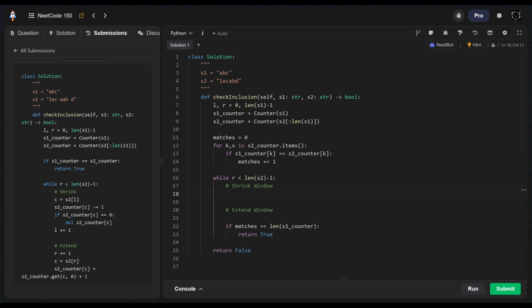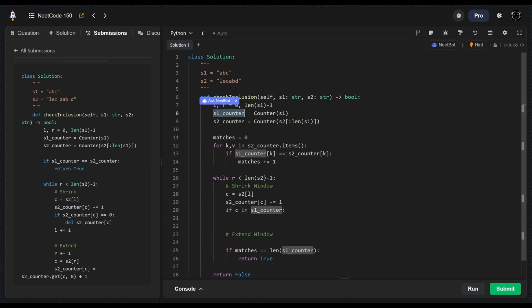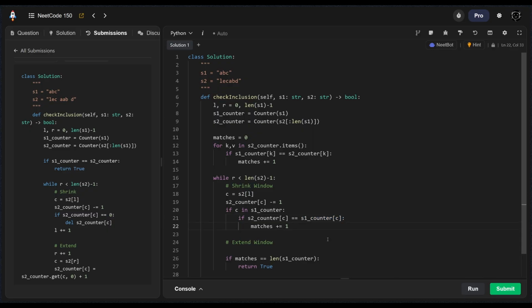For the shrink window, I'm going to create a variable called C, and that's going to be the element. This should be familiar to you. I'm going to reduce the count of that. And then what's different this time is we're going to check if that character is in our S1 counter, right? If it's in, that means it's the character that we actually care about. If by shrinking our window, the counter of that character in S2 now matches S1, then we increase the number